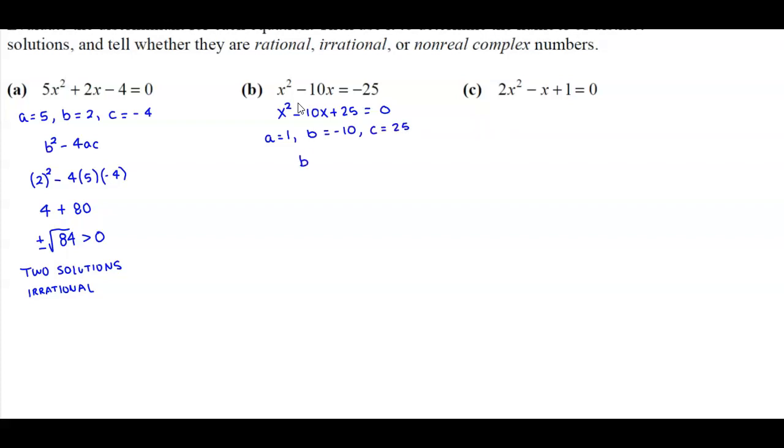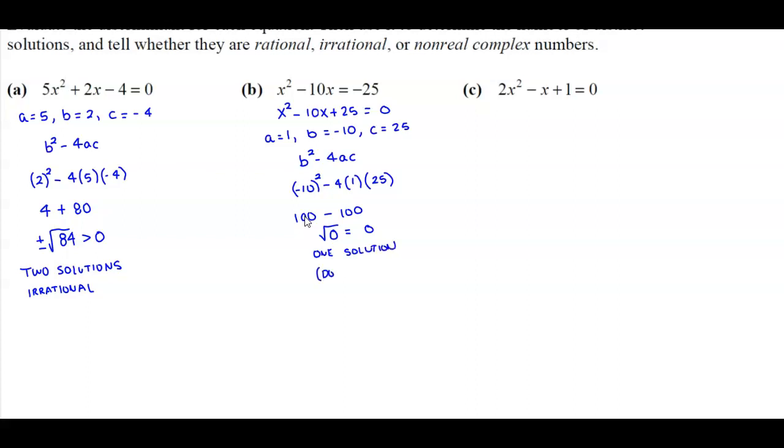Now let's go ahead and plug in the discriminant, which is b squared minus 4ac. B is negative 10, and then we're going to square that, minus 4 times the value of A, which is 1, and then times the value of C, which is 25. So negative 10 squared is 100. Minus 4 times 1 times 25 is 100, so we get 0. So the square root of 0 is just going to give us 0. Okay, so that basically tells us that we have one solution,